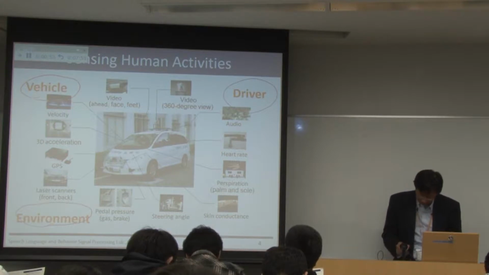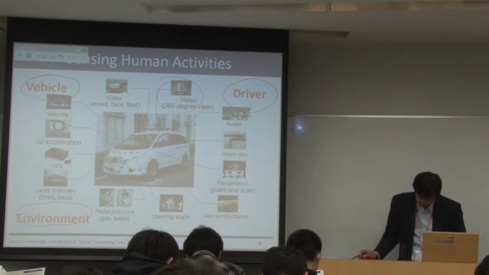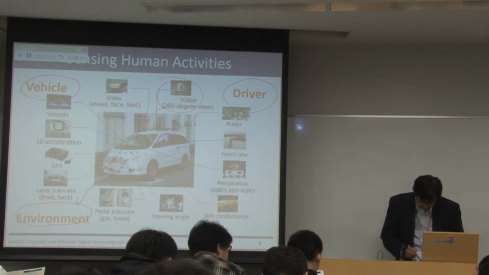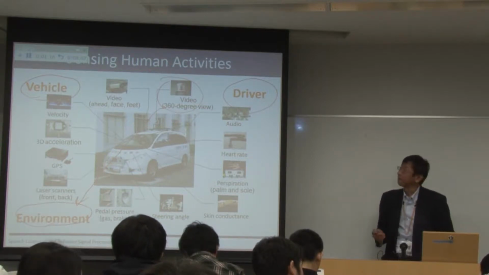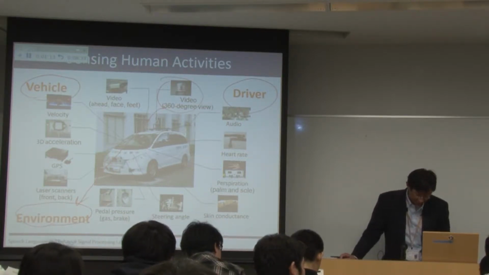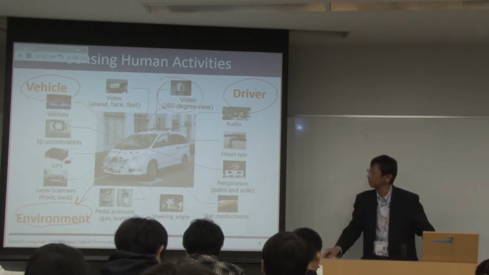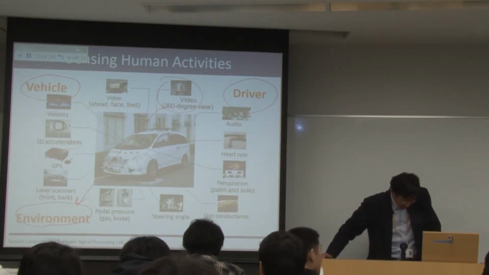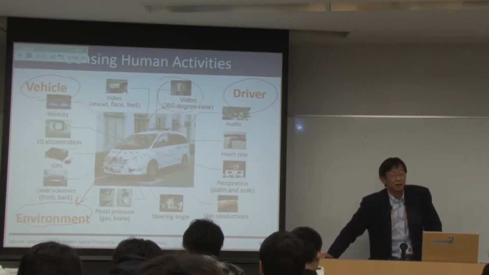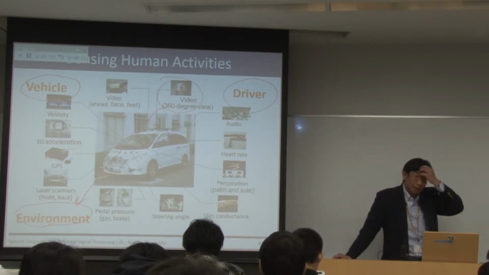So you can see, for example, a video image of the omnidirectional view or 330-degree view is a good sensing modality for the environment. And vehicle sensing is pretty much easier than sensing the human, because a vehicle is a kind of machine. Therefore, velocity or acceleration are physically measured by sensing devices. And measuring the driver is not easy, because we cannot simplify human behavior